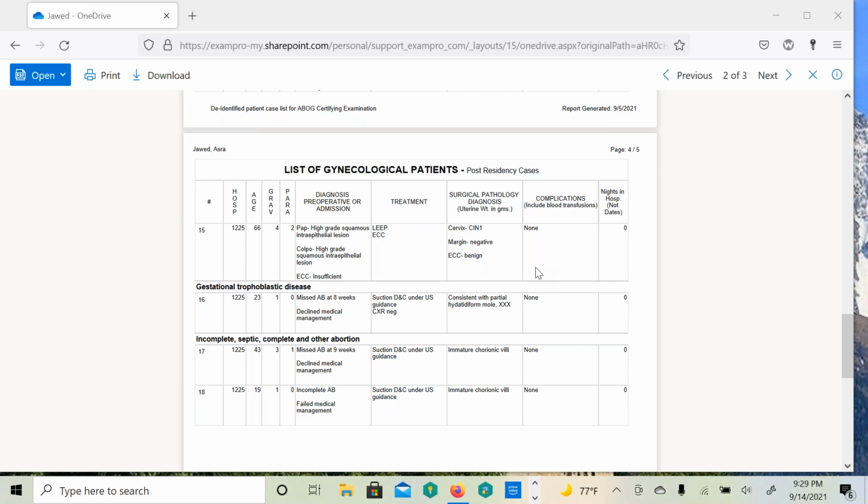Ideally, I guess it depends on your comfort level with a conization. My comfort level is a little bit more with LEEP. So I did counsel her that we could do the LEEP, and if that came back with positive margins, then there could be a discussion about doing a cone with someone that would be willing to do that, such as the gyn-onc, or even referring her initially to gyn-onc to do a cone instead.